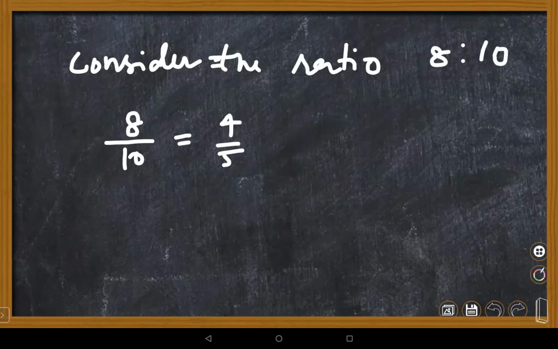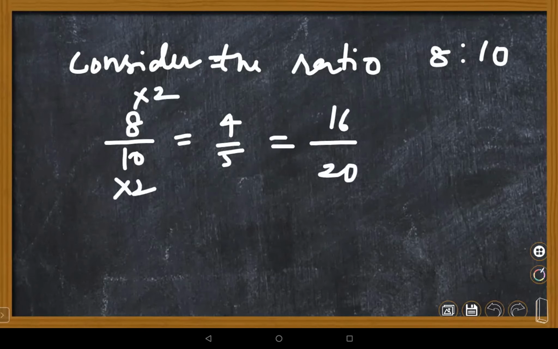Now, can you write equivalent ratios here? Shall I take the number 2? 8 2s are 16. 16 by 20, ma'am. Very good. 16:20. Yes, it's like a fraction, children. Please remember, it's like a fraction. Then with 3 you can do, ma'am. Yes, even you can go with 3. So 8 3s are 24, 24 by 30. 24/30. Wonderful.